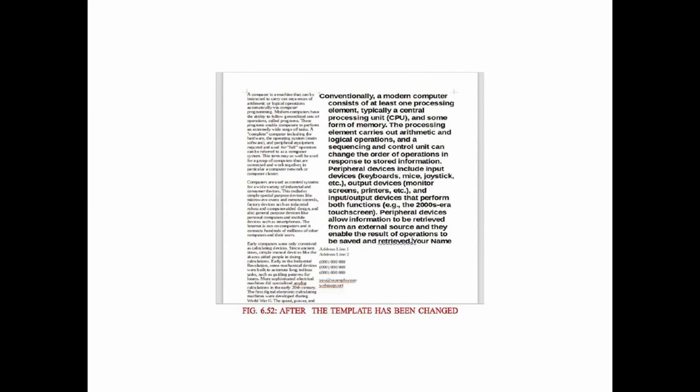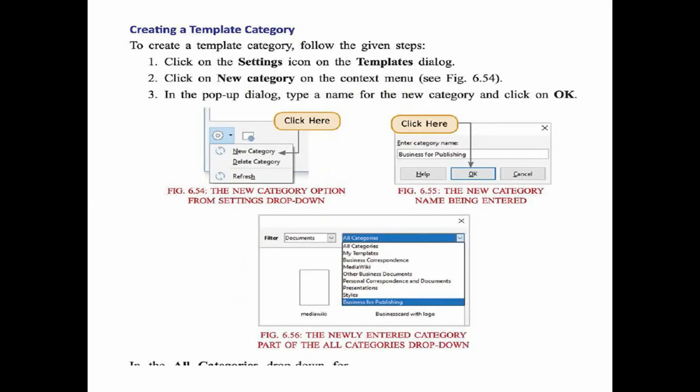This is just simple. If I want to change my template and apply some other template to my document, how can I apply it? We just have to open the particular template which we want for our document. Then we just copy our document and paste it into that particular template. Then our file will be changed into that particular template. This is the topic of how we can create the template.